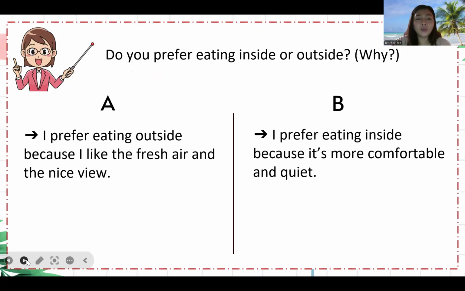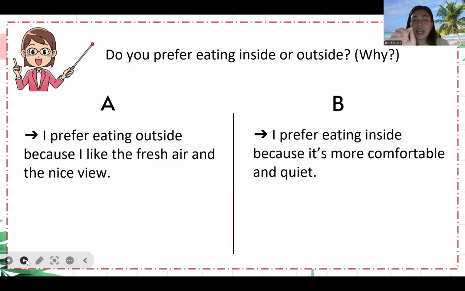Okay. Let's now move on to the same here. Do you prefer eating outside or inside? So you can also ask your student to ask you. You talk together. For me, I prefer eating outside because I like the fresh air and the nice view. You act as student A if you only have one student online. If the students are two or more, you can pair them. If there are two, it's better. If not, you act as student A and student B.